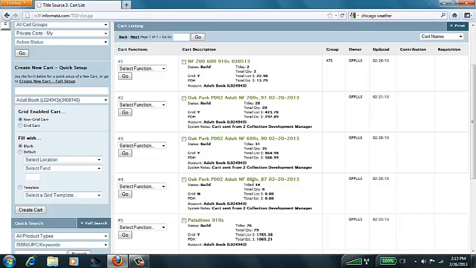We see there's 14 titles in here, but notice there's no total quantity, there's no total estimate price. That is because Baker and Taylor is sending us this cart with titles in it, but it's up to us to order it. So before you grid your cart, the most important thing is to take out titles that you do not want. So what I'm going to do is click on the cart,